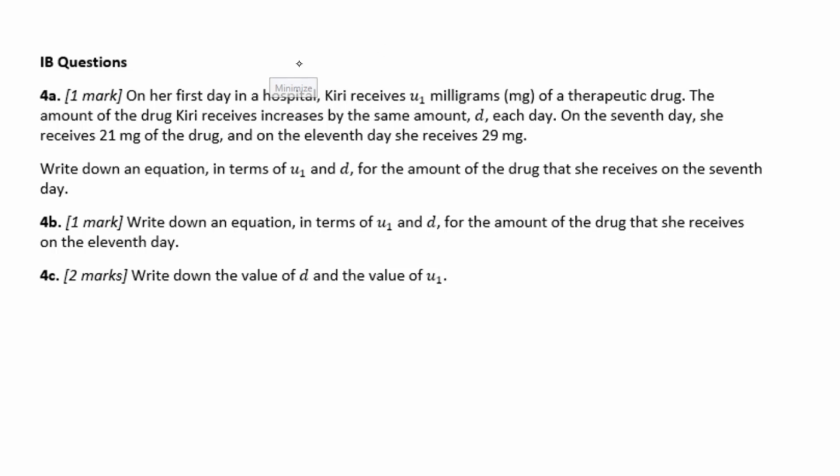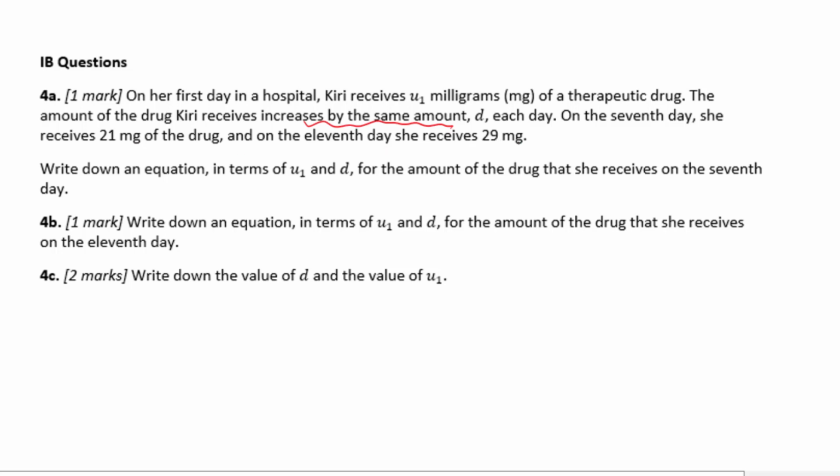This video is about IB questions for arithmetic sequence. For A, on her first day in a hospital, Kiri receives u1 milligrams of a drug. The amount of the drug Kiri receives increases by the same amount, d, each day. On the 7th day, she receives 21 milligrams of the drug, and on the 11th day, she